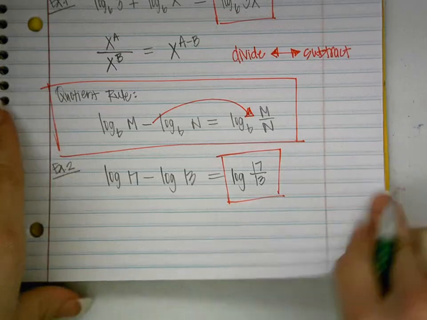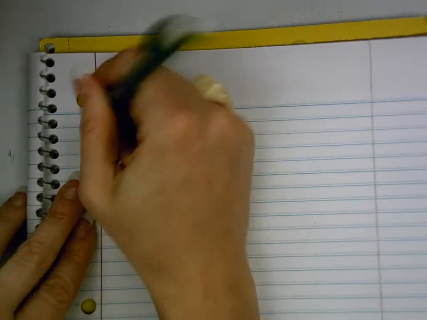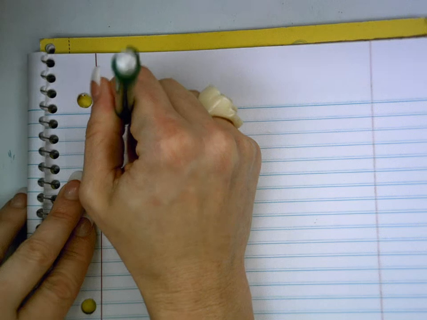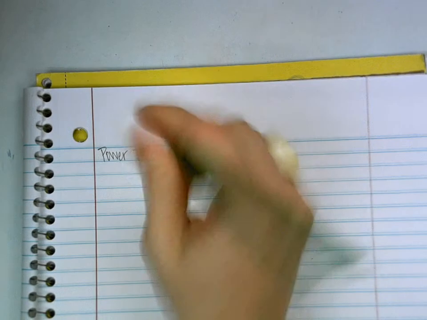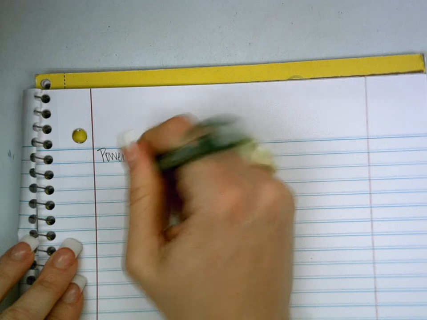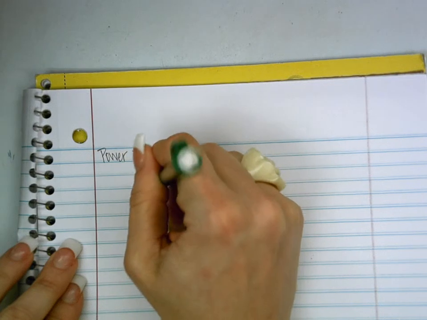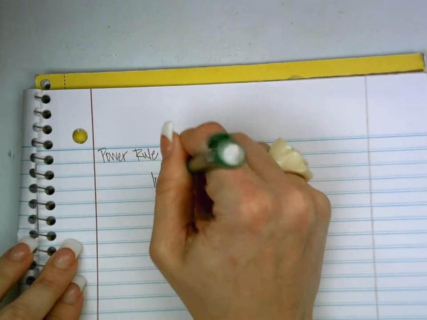Okay, and then the last rule that I'm going to give you is something called the power rule. This one you've probably never seen before. It doesn't really have an application with exponents. But the power rule tells us that when you have a log base b of m to the p power,